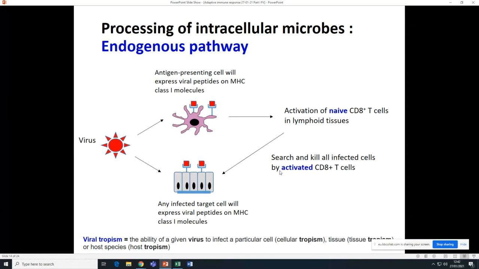And once it senses that, what it is going to do is kill the virally infected cell. Very ingenious system, no bystander effect. It's really specific, okay? And the reason why I mentioned that viruses can be picked up by antigen-presenting cells, but